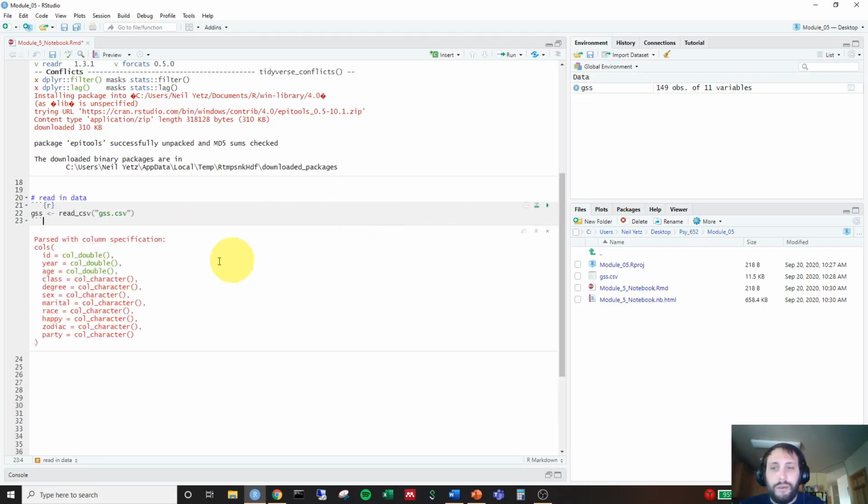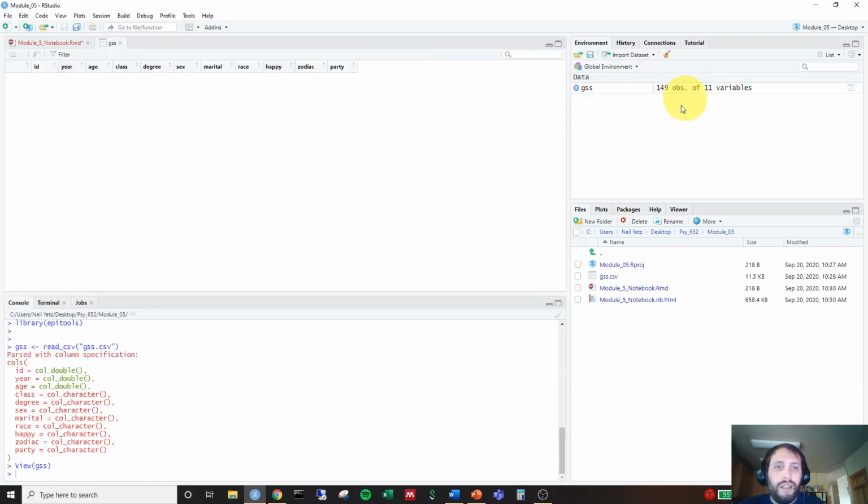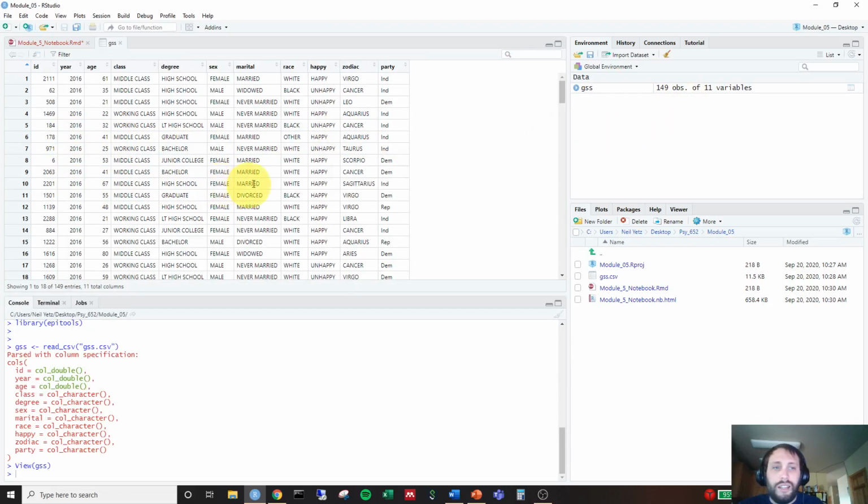All right, looks like we got a new object called GSS with 149 observations and 11 variables. So the amount of variables we have in here is a little bit too much for me. I want to go ahead and reduce the number of variables to about, let's get it with 5 different variables. Let's say we want a new data set with